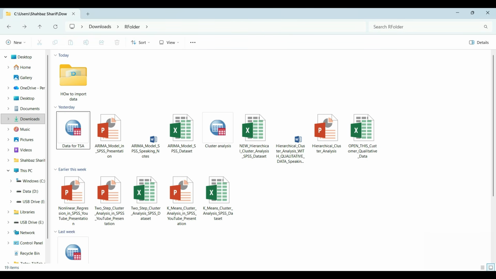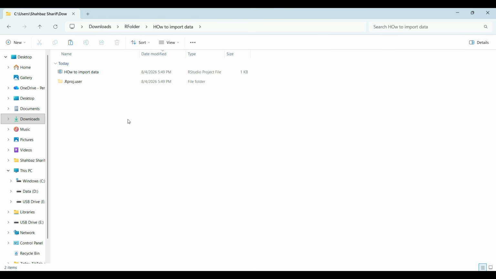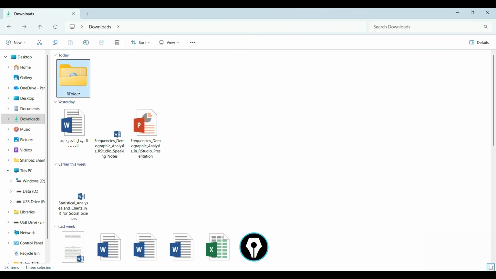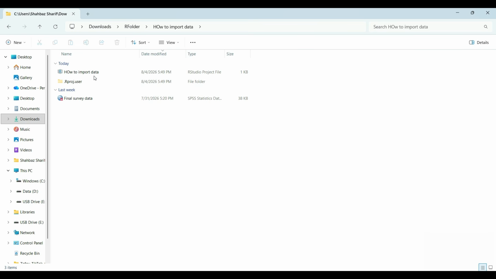Okay, there is a very important suggestion here. When we put the data in RStudio, we need to confirm the things like if we work on final data, we need to cut this data and then put inside the directory, because RStudio runs the data with the same path. So that is why, because we selected this folder, R folder, and we made a new directory inside R folder. The name is how to import data. So we need to put our data set inside this directory. So in this way, RStudio can read the data. So now we back to RStudio, and then we